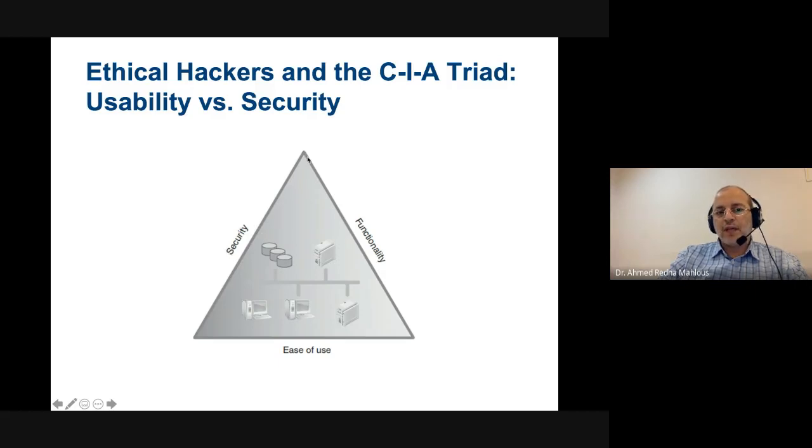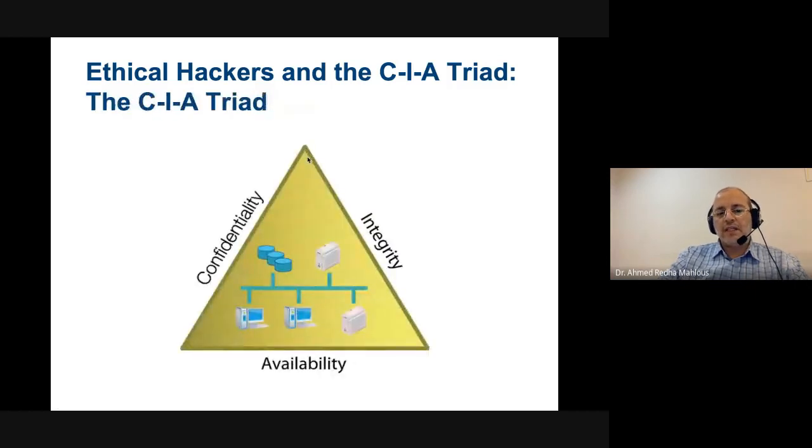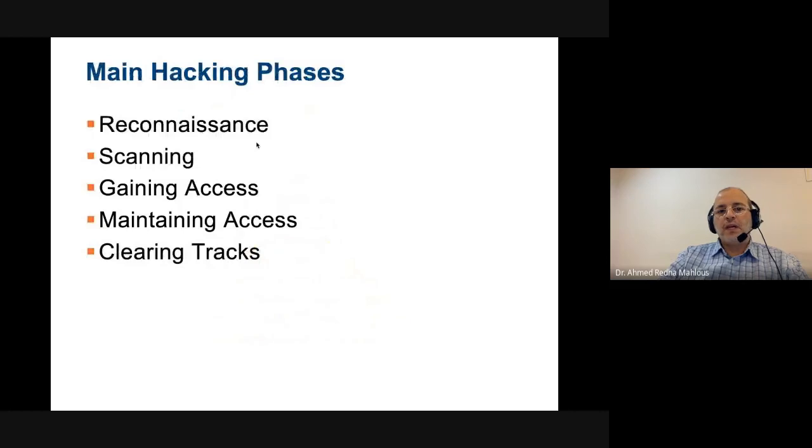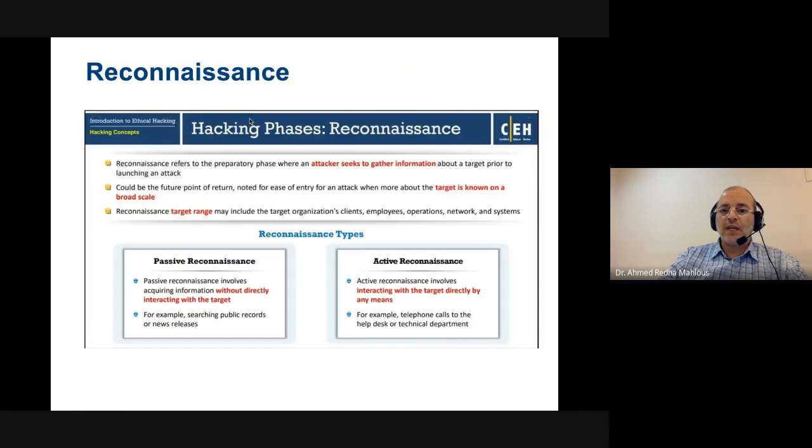On top of that, of course, any security system needs to provide confidentiality, integrity, and availability. And we started by looking at the main hacking phases. We said that hacking goes through phases: reconnaissance, scanning, gaining access, maintaining access, and clearing tracks. We started by looking at the reconnaissance,